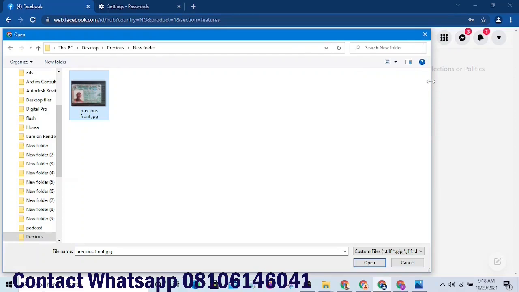And if it is not accepted, they will tell you that they need more information, that your identity was not verified. They need more information. It is after you have confirmed that, that you can now go ahead and start